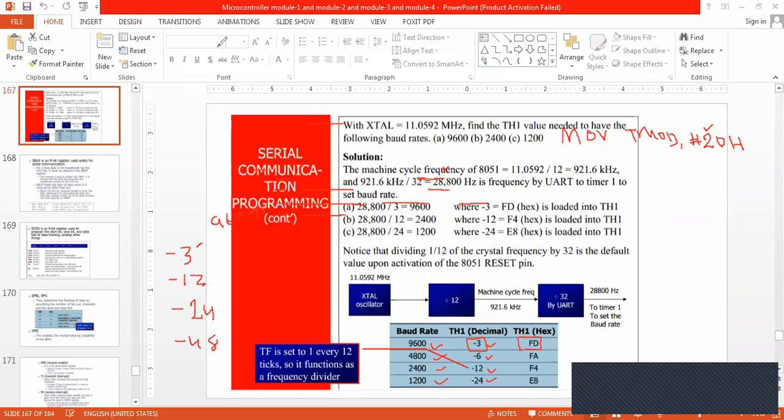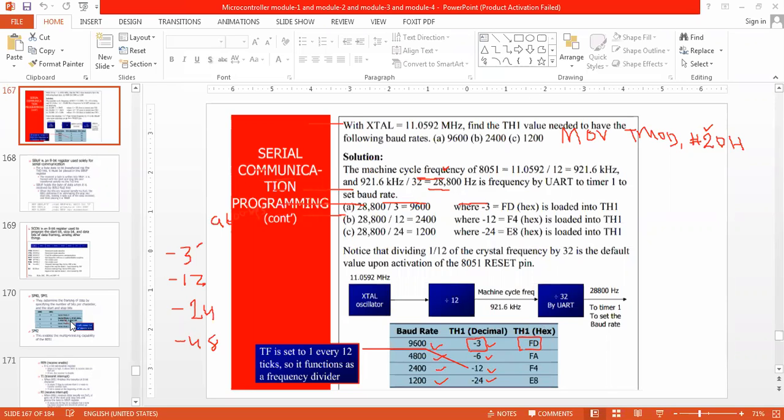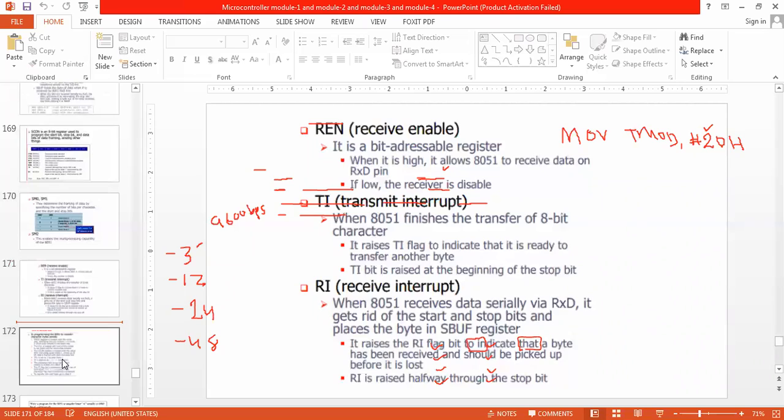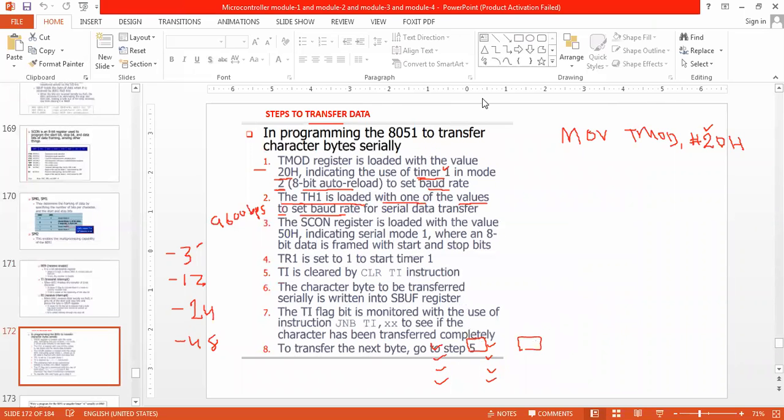So what I have to store into TH1, the second step, is MOV TH1, #. Either I can write -3 directly here, or else I can write 0FDH.